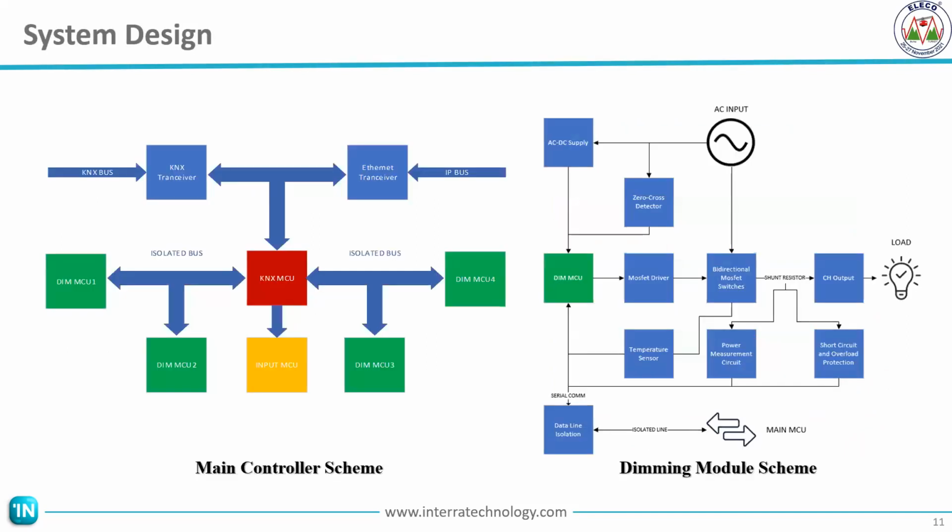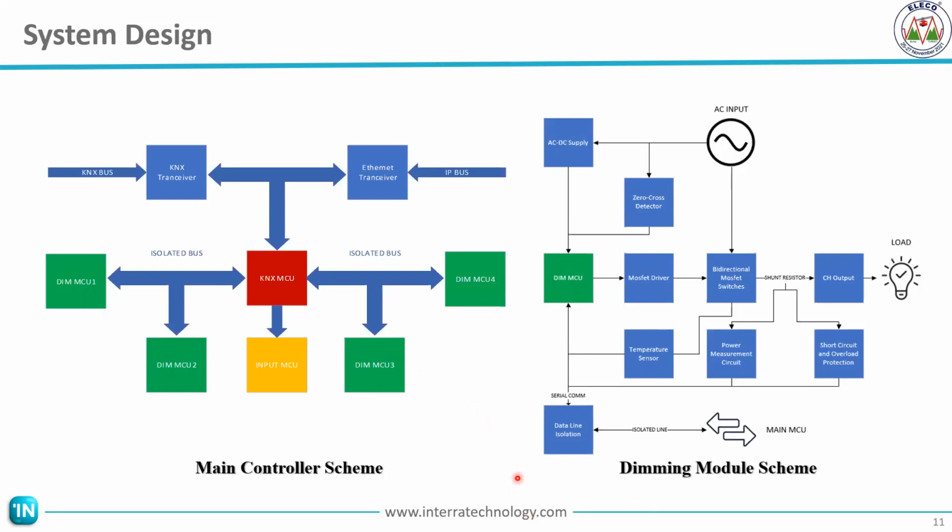As you can see in the main controller scheme, the communication interfaces are directly connected to the main controller, these ones, but not the dimming modules, because the channels have high voltage connection at the dimming channels. So there's a need for isolation for users' and devices' safety. You can see that each dimming channel has its own microcontroller and AC power supply. These 4 dimming channels are